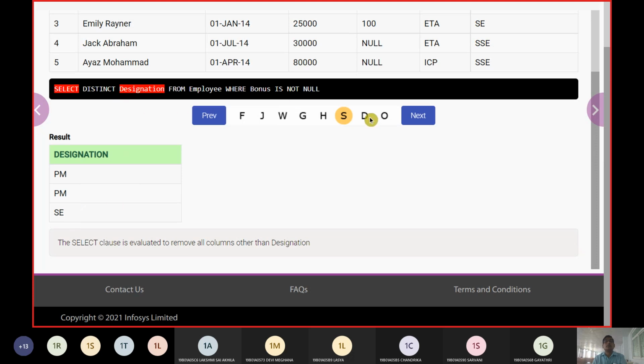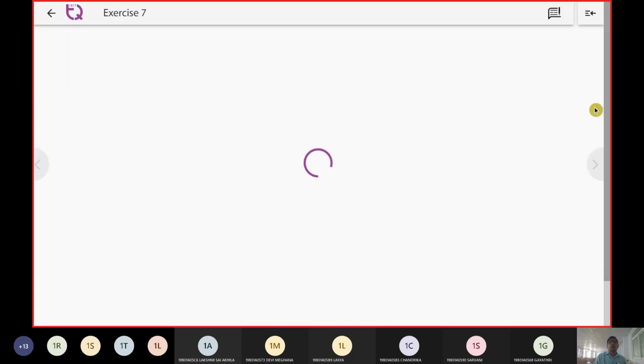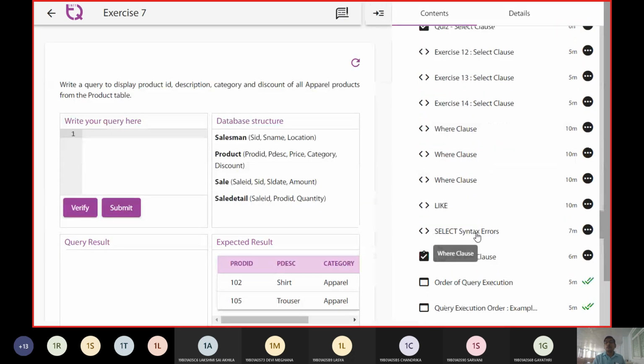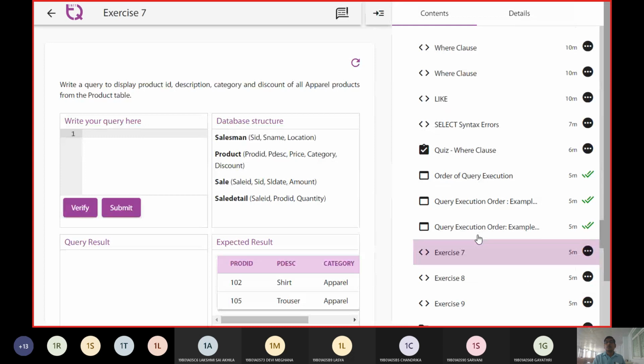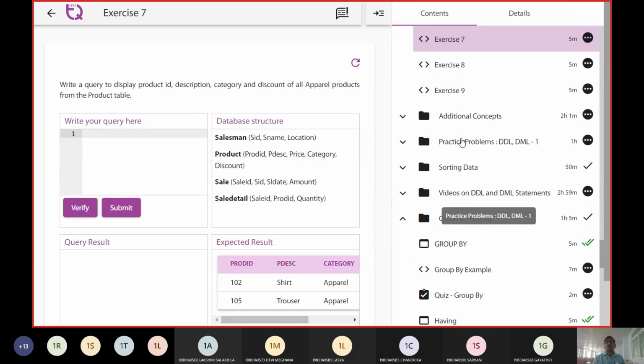Now it is going to apply the distinct operation. When it applies the distinct operation, it is going to display the two values. So in this way, the query is executed appropriately. So we talked about the order of query execution.